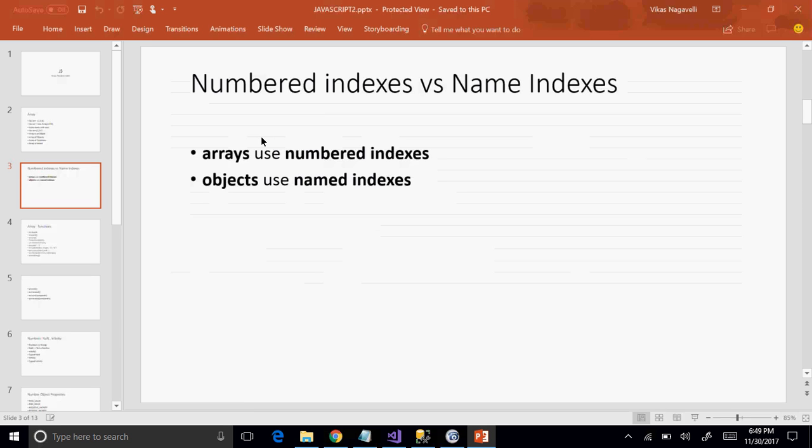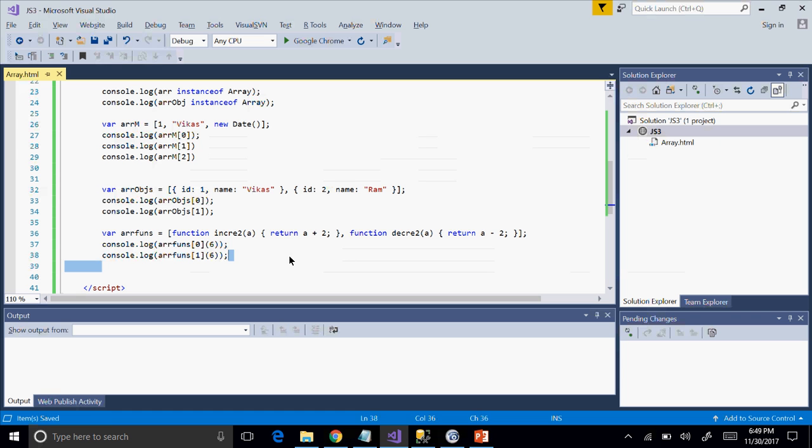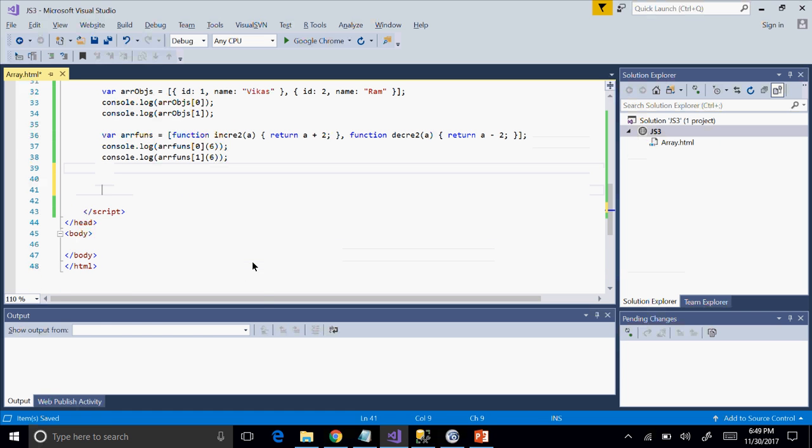What is the difference between arrays and objects? See, arrays are numbered indexes, whereas objects are named indexes. What does that mean? Let us see here. Arrays versus objects. So we just saw what is an object, what is an array, right? So what I'm going to do is,